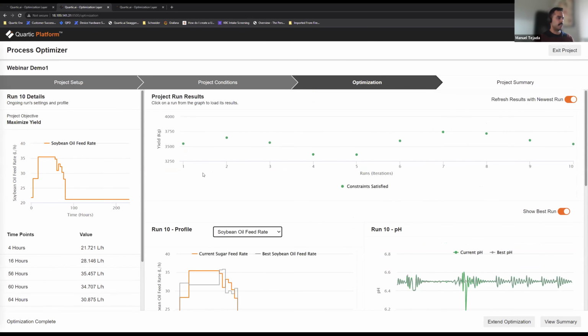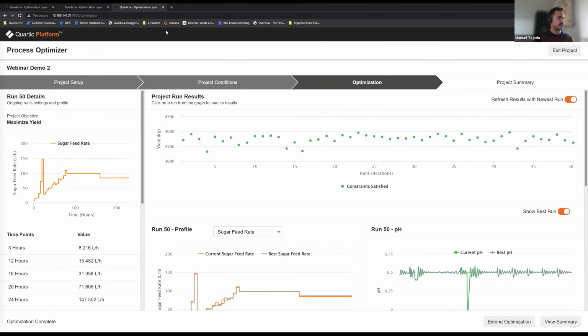Now, if we jump back up to this top graph, this is the objective value for each batch. So in this case, I wanted to optimize my yield. Now you see that early on, we do see some drop. And as I mentioned, we're optimizing over a significant number of decision variables. In fact, there's over 80 in this problem. So each timestamp of those set point schedules is a decision variable. It's natural to see some decay here as the algorithm is exploring the design space.